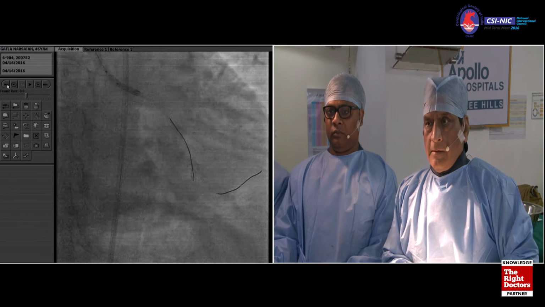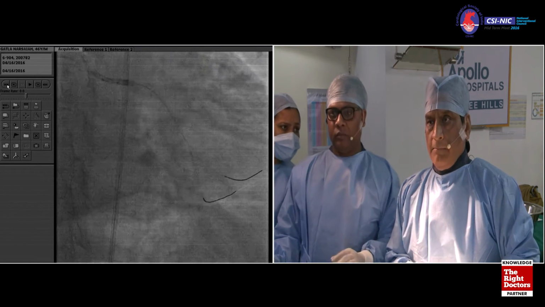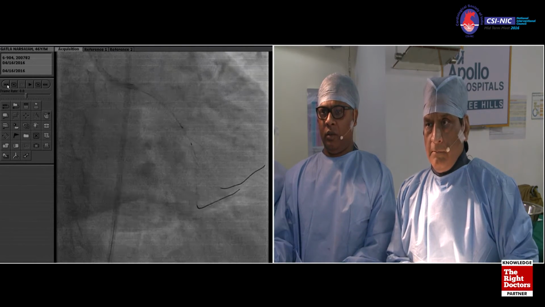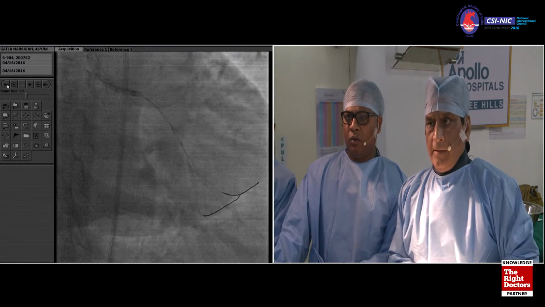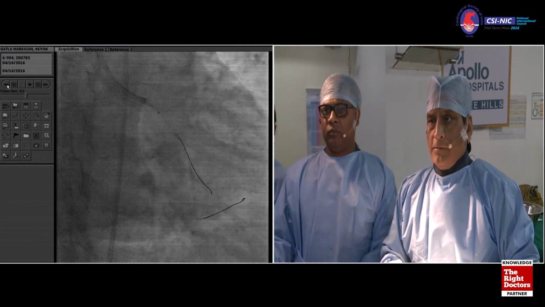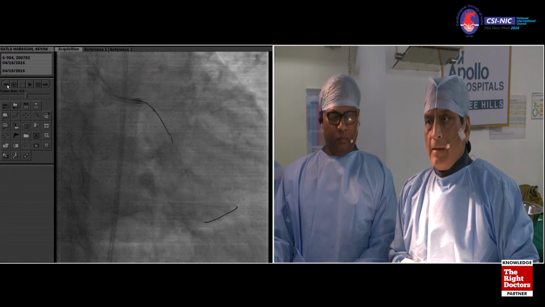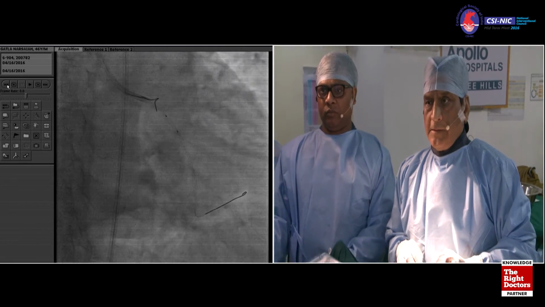Just to see the same balloon crossing again, a better angle. That's better. Yeah. Oh, see, earlier you had gone from a distal strut and then made an angle and then came into the vessel. Yep, it's not going. Now, part of that could be the crisscross of the wire. So let me just give one more try to bring it a little bit back here. With this wiring, you may be able to cross that 2.5 balloon. Just try it again. Yeah, this is the 2.5.